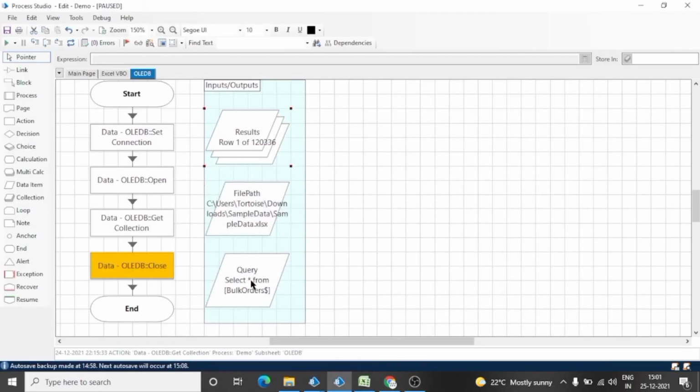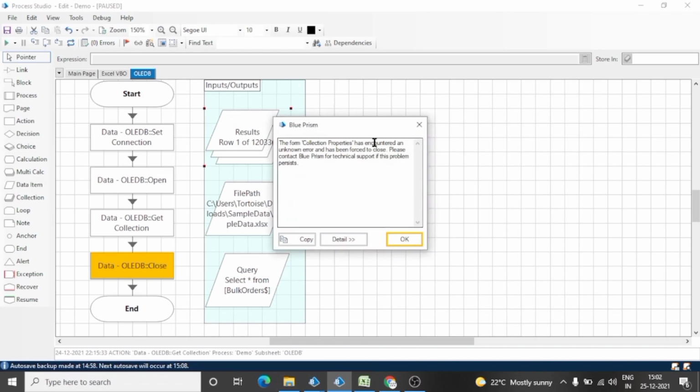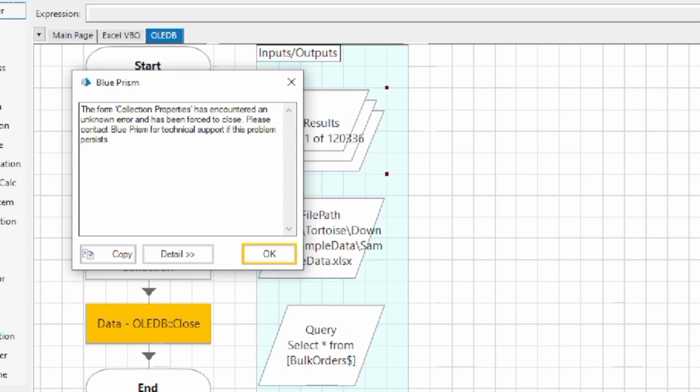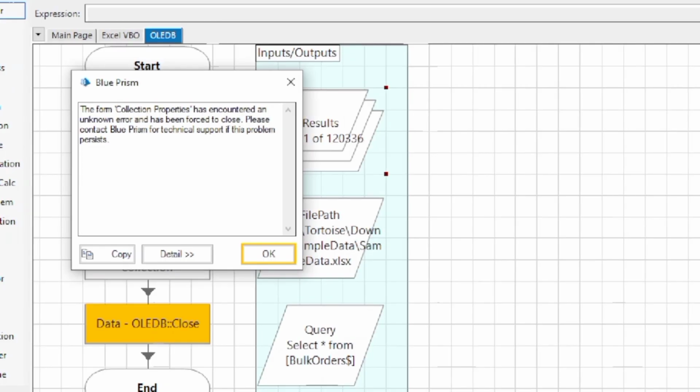Also, there is another exception or error which occurs, the System Out Of Memory exception. If you are facing these kinds of errors, then you should know that you are trying to read or access a very large amount of data, bulk data, and your system is unable to store that data in RAM or unable to access that data. That's why you are getting these kinds of errors.